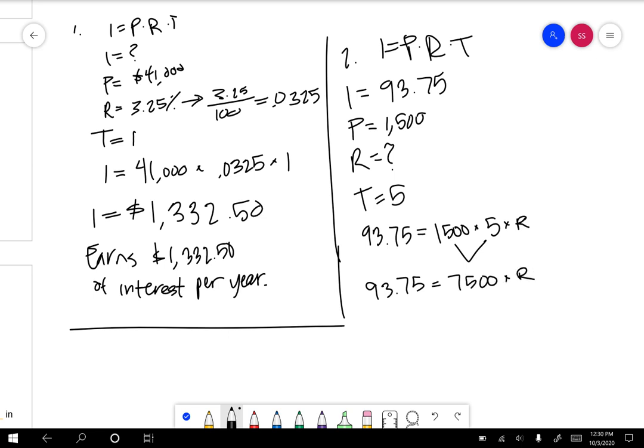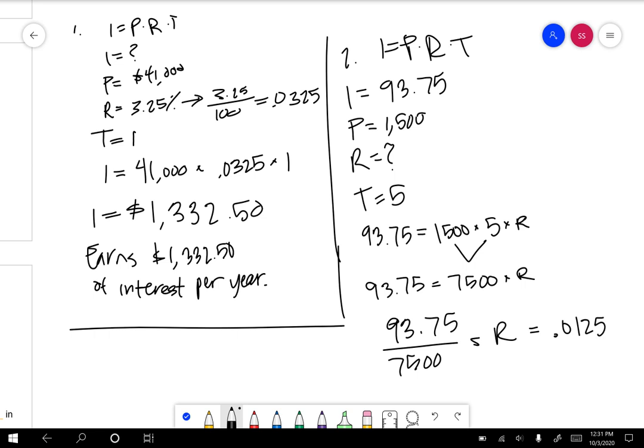Now think back to when we did, where was it? With markups and discounts, right? If normally we would multiply these to get this, but now we have the opposite information, well, we would do the opposite operation. So instead of multiplying, we're going to divide. Okay, so we would take our 93.75, divide it by 7,500. That would give us our rate. So 93.75 divided by 7,500 will give us a rate of